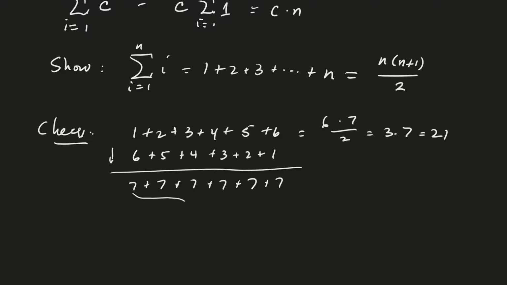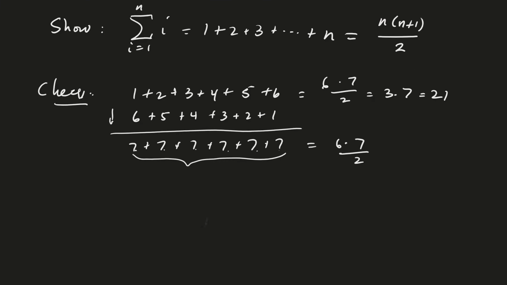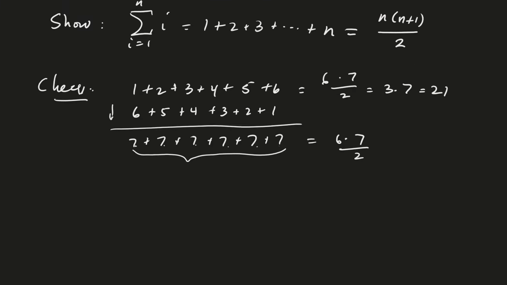How many 7s do I have here? 1, 2, 3, 4, 5, 6. So that's going to be 6 times 7, and then this is twice too much, so I would divide by 2, and that's how you get this formula. So just to prove this in general,